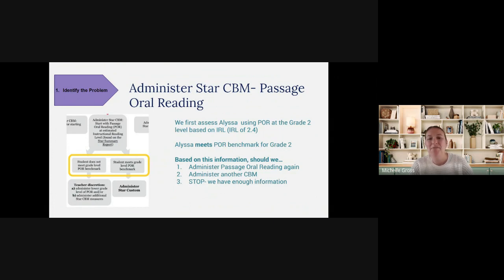If you remember from the beginning, Alyssa is in 3rd grade. So because she's in 3rd grade, we want to get her to pass or meet that passage oral reading benchmark for grade 3. Her instructional reading level was at grade 2, so we started with grade 2. Now that she met that, we're going to want to give her that grade 3 passage oral reading to see if she passes that.